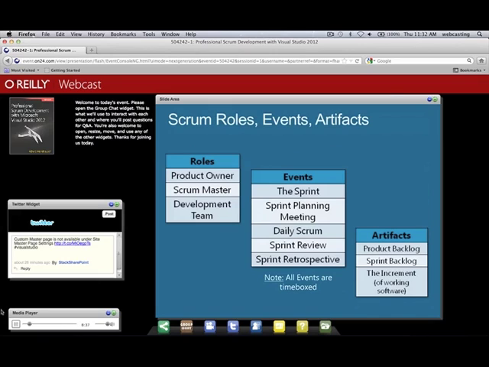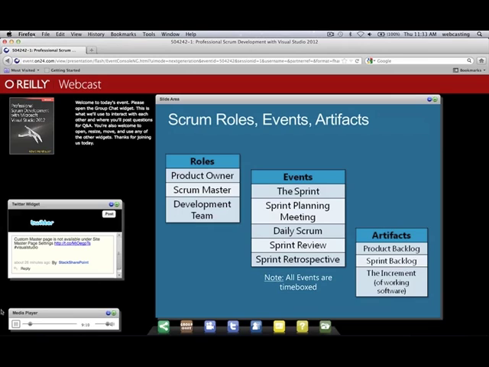So digging a little deeper, I'm not going to spend much time on the framework itself, but let's just say that there are 3 roles. The product owner, who is responsible for the product and maximizing the value and understanding what the users and the customers want in that product, and then directing the development team to build that product in that sequence of those features or bug fixes. That is done with the help of a Scrum Master if necessary, to make sure people sort of follow the rules and work as efficiently and proficiently as they can.